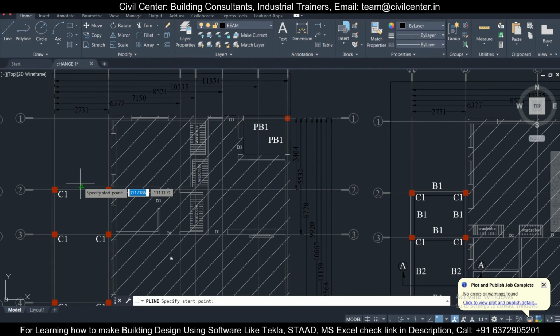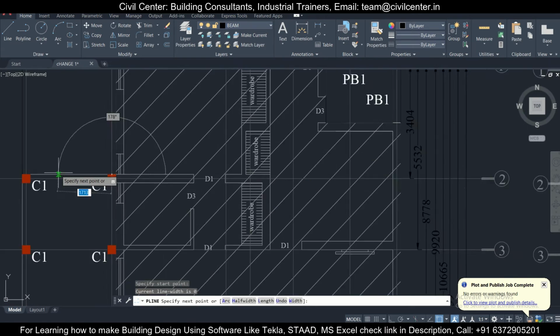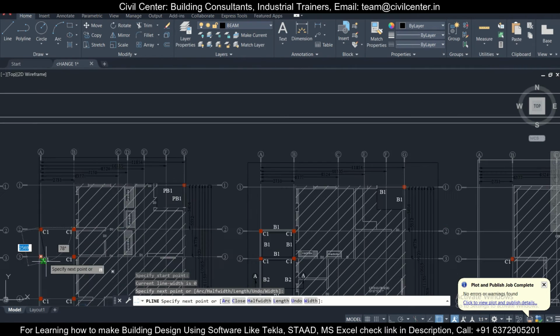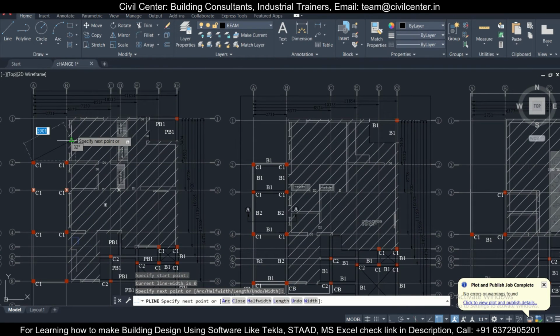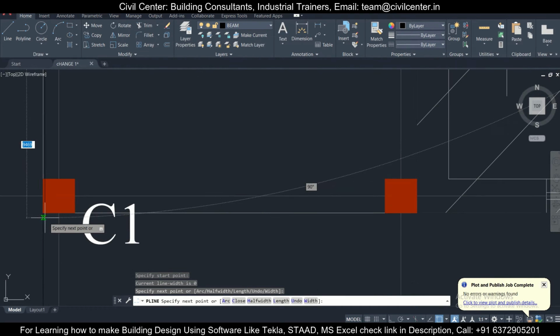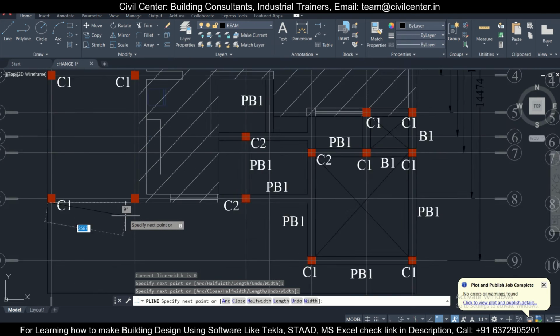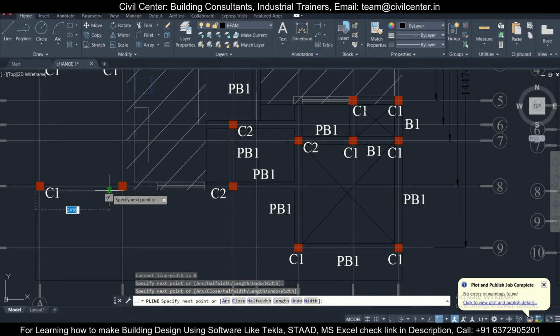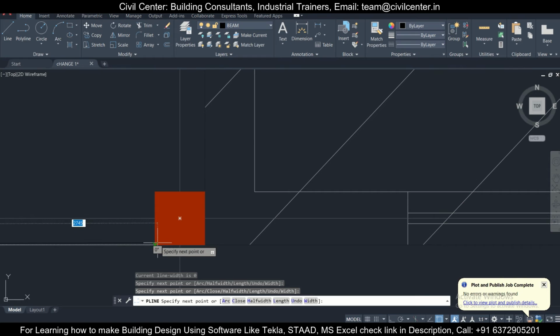I'll take a polyline here, and this time we'll start from here. We are taking the extension part, by the way, for those who have not seen the previous video. This is an extension project. On the ground floor, this building has already been done, and in the unhatched portion there will be the new construction. So only the boundary of the unhatched portion we are taking for the periphery wall. We are taking this, and let's take up to this much.